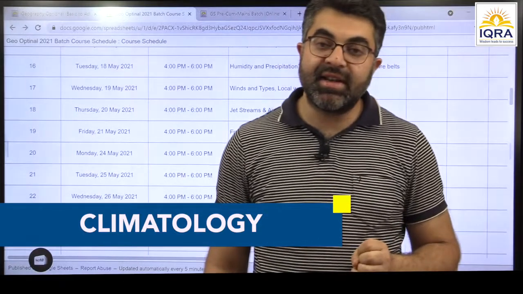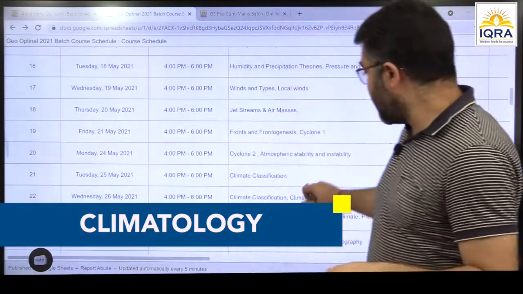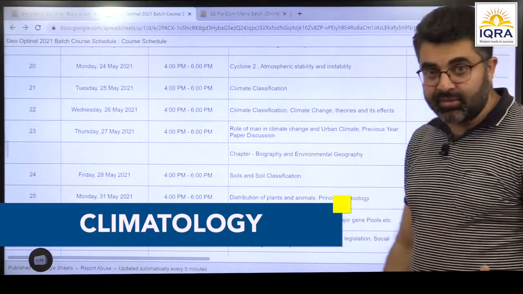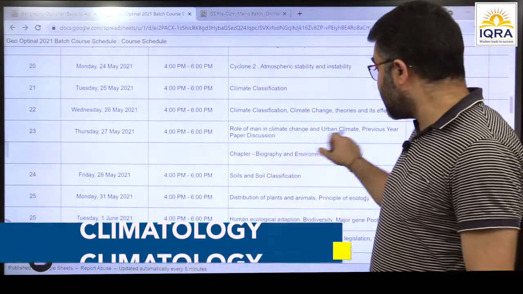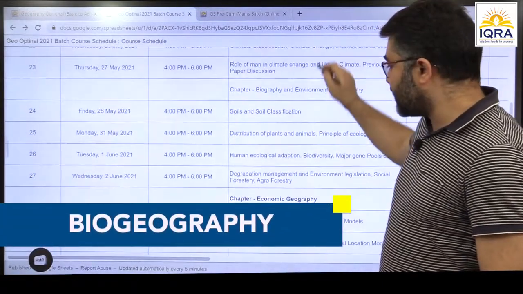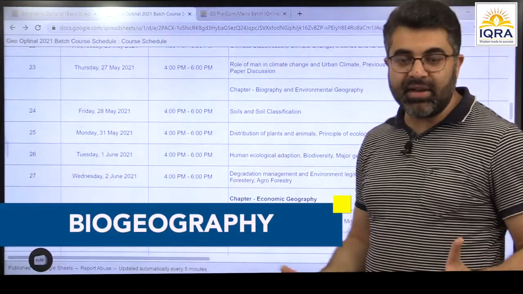Right? Conceptual understanding. So it's purely based on concepts, right? Then we have climatic classifications, climate change, role of man. This also includes the urban climate and the contemporary aspect. Then after that, biogeography, because when we discuss the climate, after that biogeography would be very easy to understand and